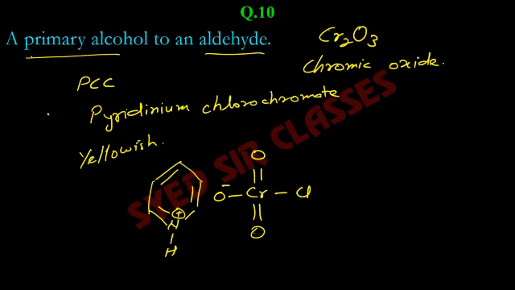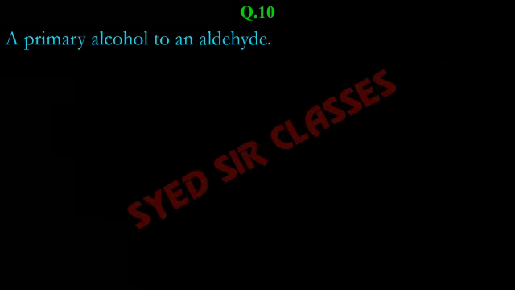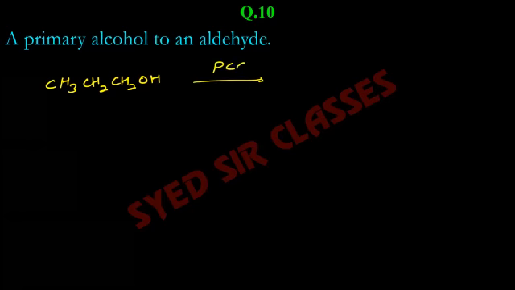So that is also correct, but the yield will not be as efficient as in case of PCC. So suppose we need to have any primary alcohol we take, CH3CH2CH2OH. You can just write it like this, PCC. You don't need to write the full form, pyridinium chlorochromate, but just PCC, and it will convert it into aldehyde.